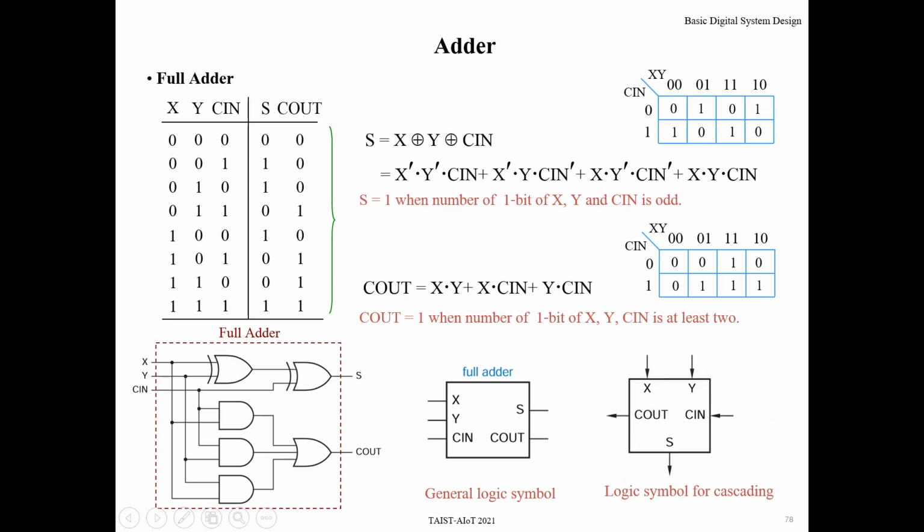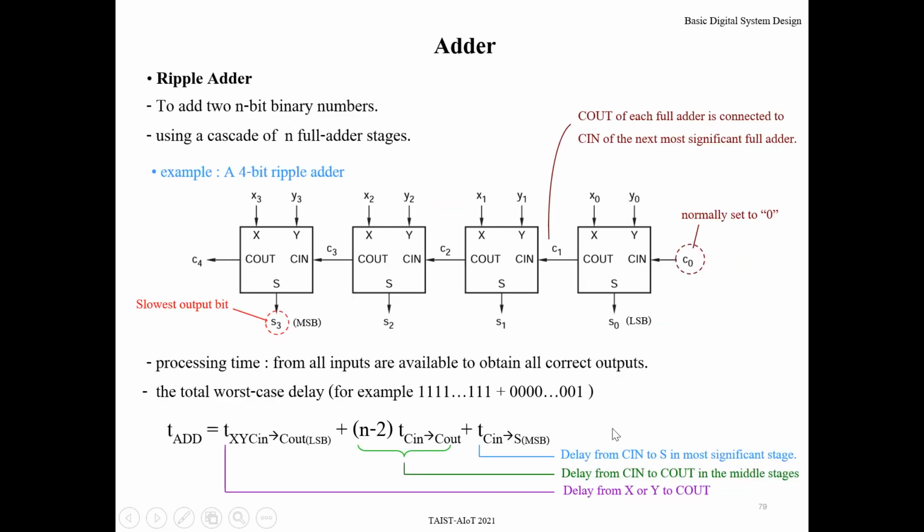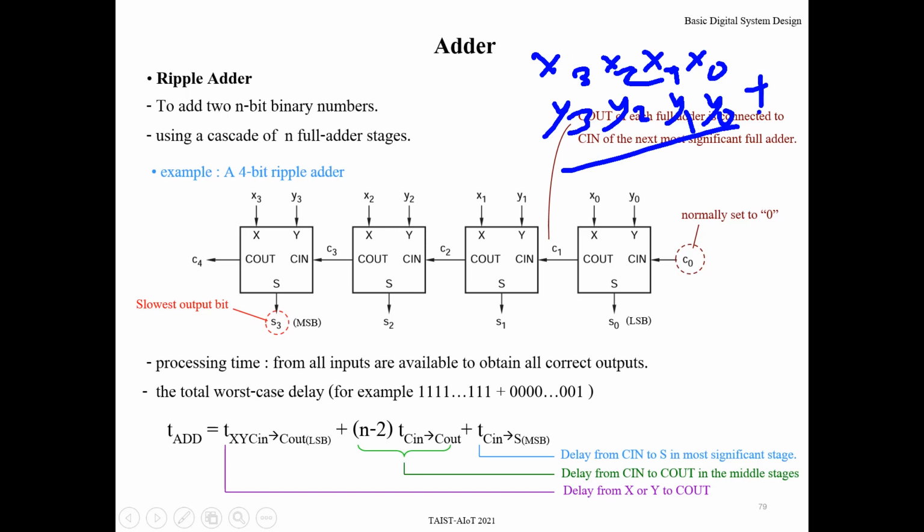And now if I want to add multiple bits together, for example, if I want to add x3 x2 x1 x0 and y3 y2 y1 y0 together,